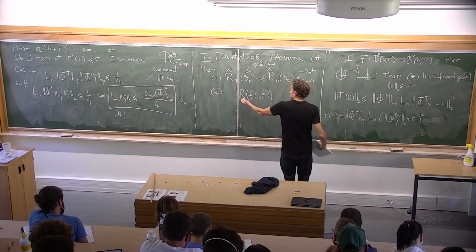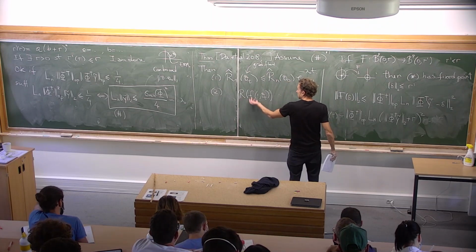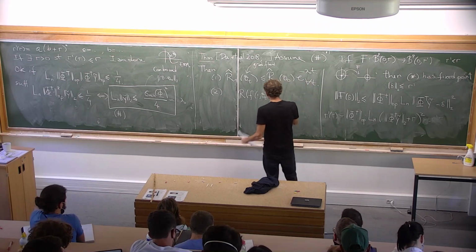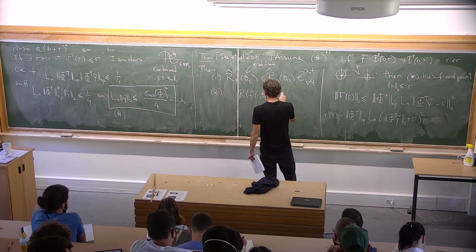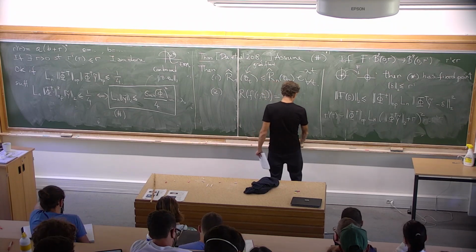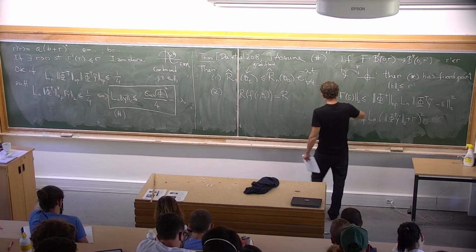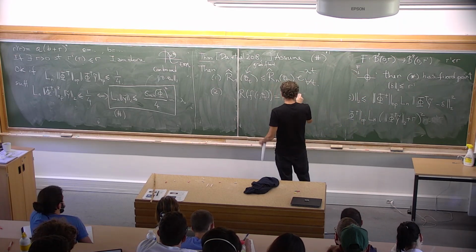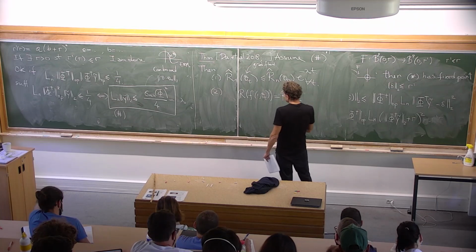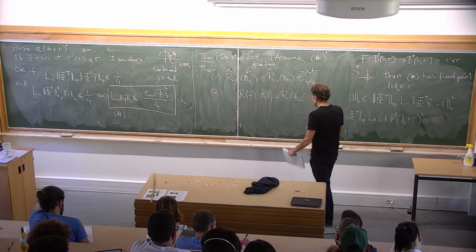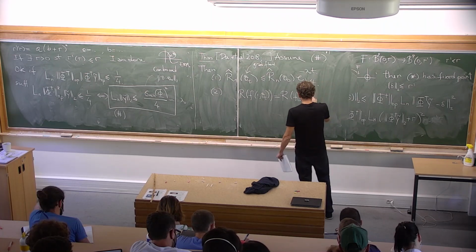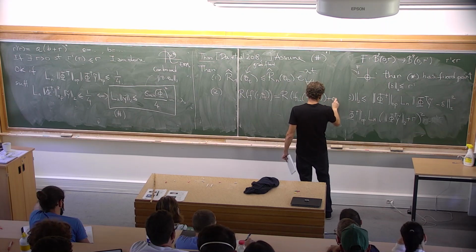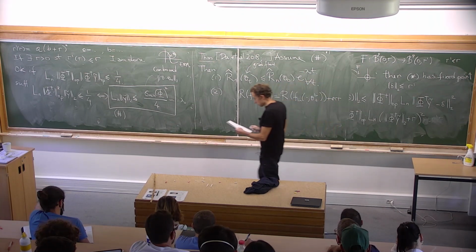this is the test error evaluated on the true model that you obtain by running gradient flow. This will be equal to the test error that you achieve by fitting a linear model, and I'll explain in a minute what I mean by this, where I run gradient flow on the linearized risk, plus a small error, and the error is small.